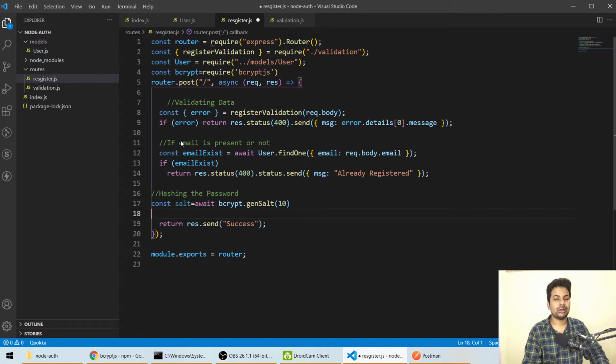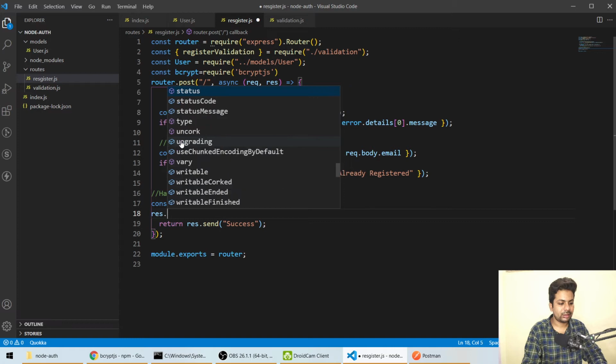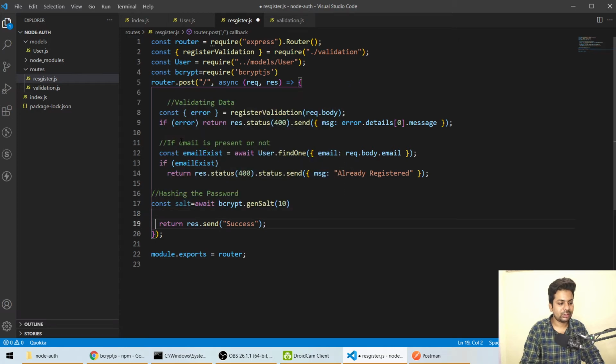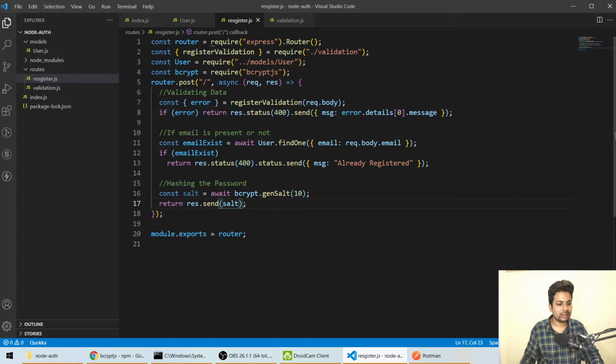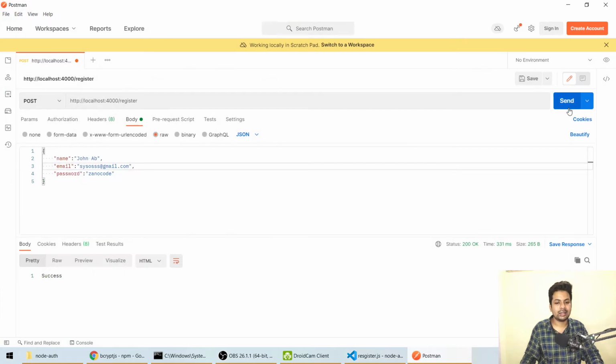So I can show you also with res.send and return, instead of success let me return generation of salt. Okay, so it will just return a random string. Say it's just a random string, and it will be used to hash our password.